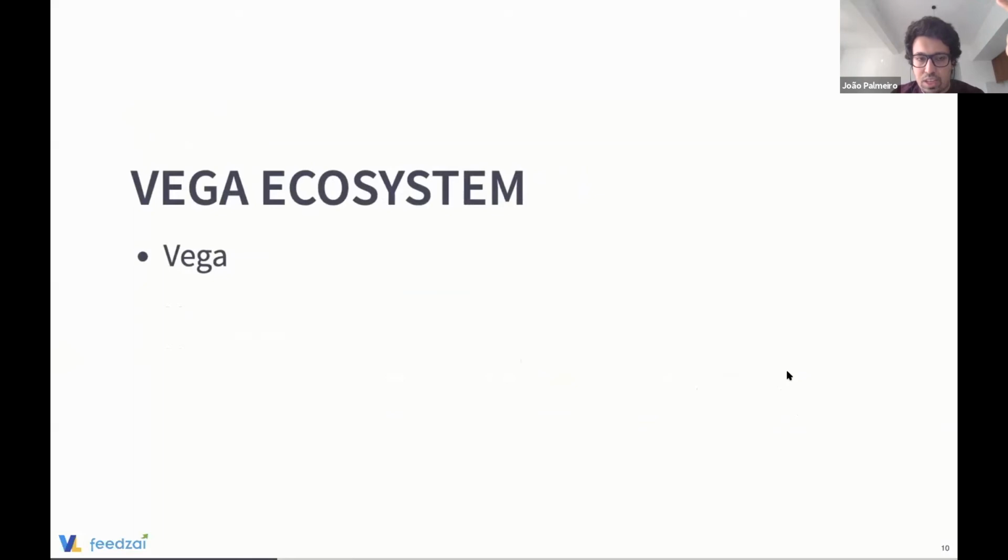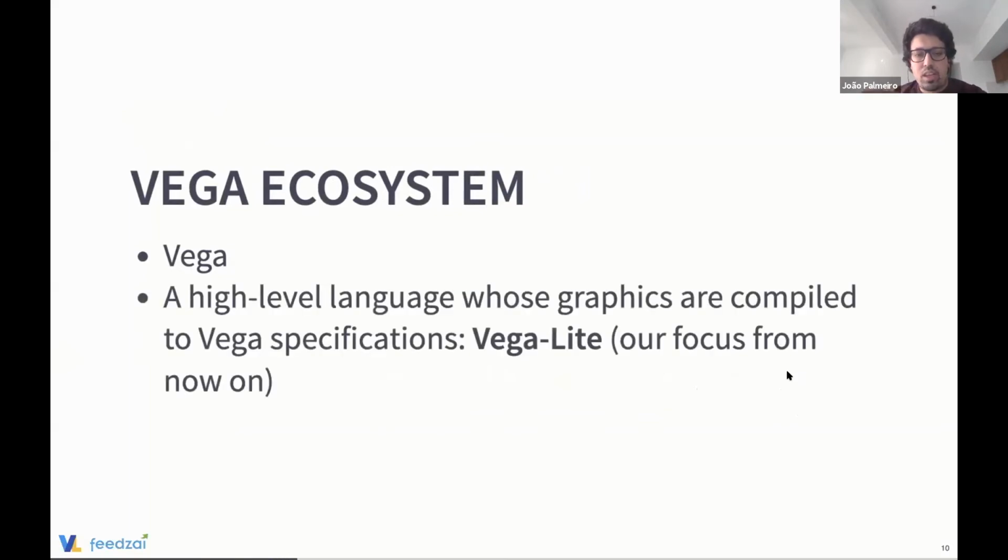So, of course, in the ecosystem, you have Vega itself. You can use Vega. It's more low level, but you can use it as well. And then you have this kind of high-level language built on top of it, called Vega-Lite, and we'll try to cover it a little bit further after a couple of slides. But basically, it tries to help you quickly build the visualizations and different variations of the visualization that you might want to see, but in a more high-level fashion.